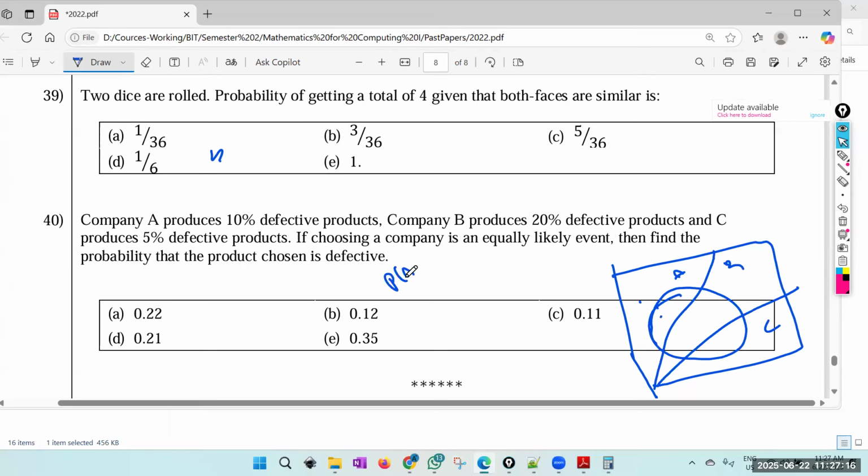Probability of A is 0.2. Probability of A, B, C is 1/3, 1/3, 1/3 because equally likely. Probability that the item you select is from A is 1/3, PB is 1/3, and PC is 1/3. Okay. Now,